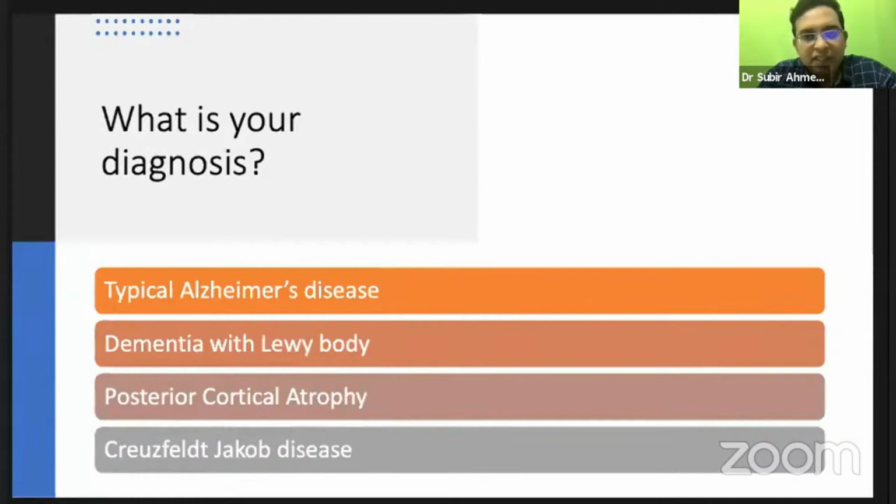Yes, so it's a clear-cut answer. You have all answered, but yes, some have a different opinion, but everyone should have an opinion because all of you are going to be neurologists. So such a patient comes to you, and it is not a typical variant of Alzheimer's disease, because all of you know that it starts as an episodic memory impairment, which is usually a problem with the mesial temporal lobe. So it didn't start like that. It started as a visual problem, which is a problem in the occipital lobe.